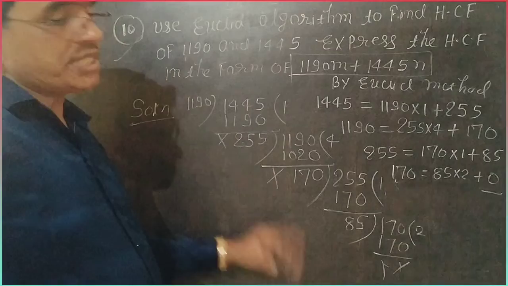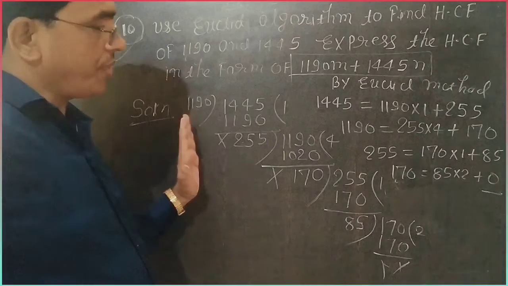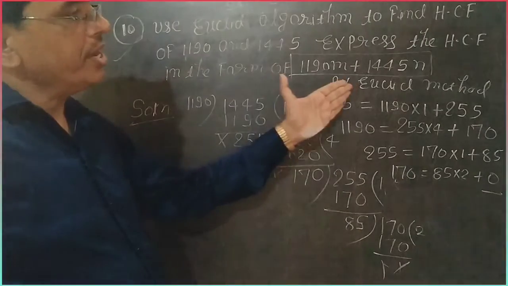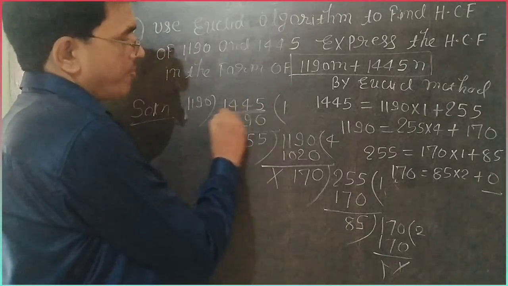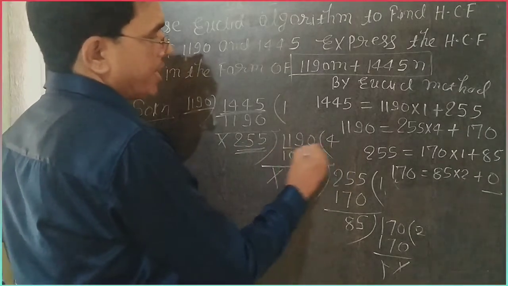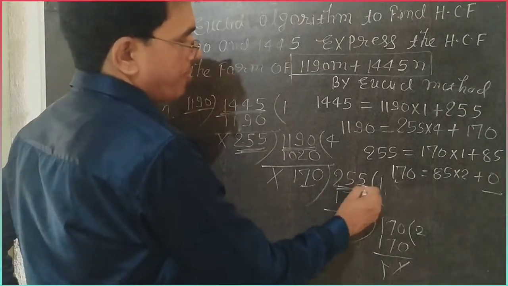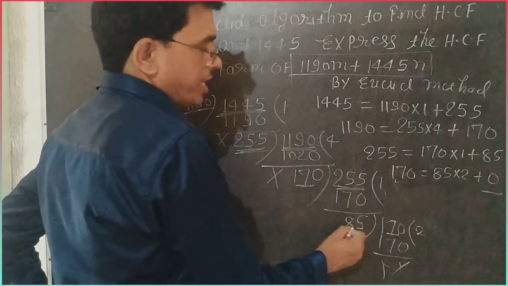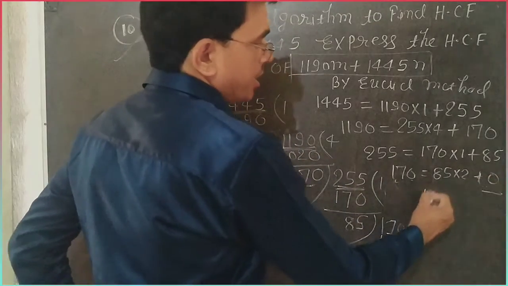As in the previous classes, class 5, 6, 7, we find the HCF by these methods. First we find the HCF by the division method, then arrange it by Euclid's method. So by Euclid's method, you write 1445 is equal to 1190 into 1 plus 255. Next 1190 is equal to 255 into 4 plus 170. Next 255 is equal to 170 into 1 plus 85. Next 170 is 85 into 2 plus 0. So now the remainder is 0, hence the HCF